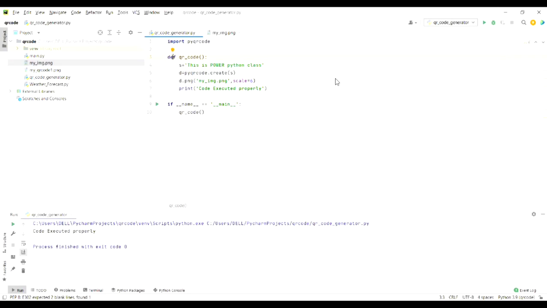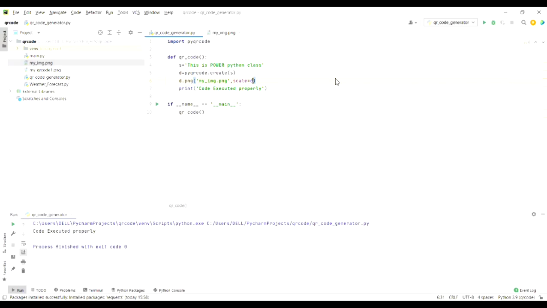So we have converted it into a PNG form. This PNG is an inbuilt function of the QR code object which takes two inputs. One is the name of the image and second is the scale. If you want to store the image in any other folder, then you have to write the fully qualified path of that folder here, and there that image can be stored.